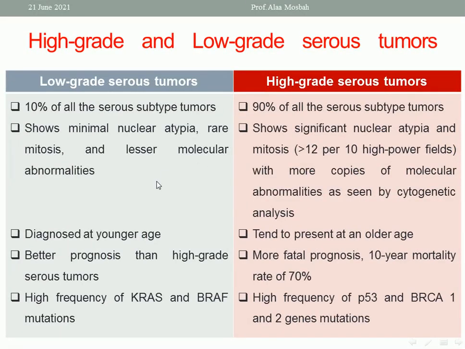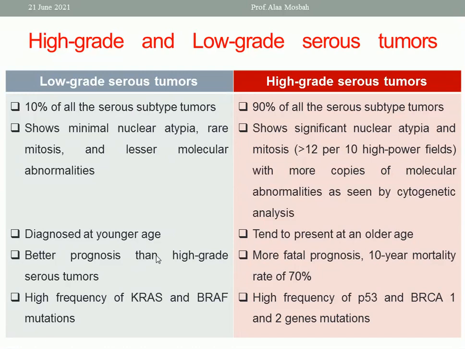Epithelial tumors contain the most common, serous cystadenocarcinoma. And this serous tumor is divided into 2 main groups, low-grade serous tumor and high-grade serous tumor. The low-grade serous tumor constitutes 10% of all serous types, shows minimal nuclear atypia and rare mitosis and fewer molecular abnormalities, occurs at younger age, has a better prognosis than high-grade serous tumor, and high frequency of KRAS and BRAF